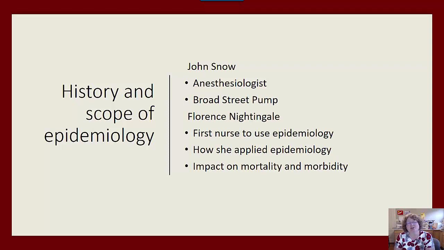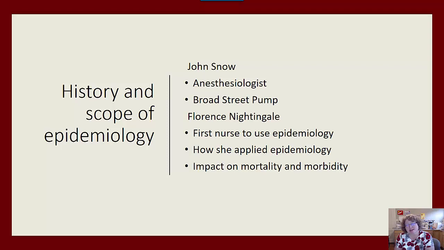And many of the soldiers were lying in their own filth. They were wearing the same uniforms and clothing that they were wearing when they were wounded. They had no fresh bandages. They were not clean. They had no way to bathe. And so she began making observations and charts about the condition that they were in when she arrived, and then